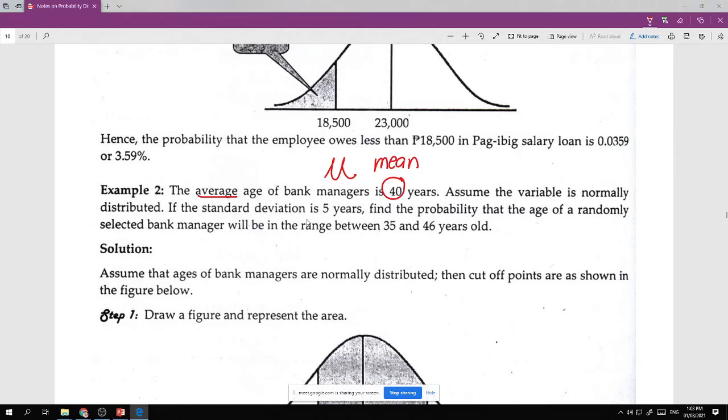The standard deviation is 5. So we have the value of the mean and the value of the standard deviation. Find the probability that the age of a randomly selected manager will be between